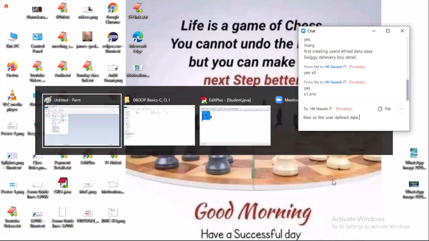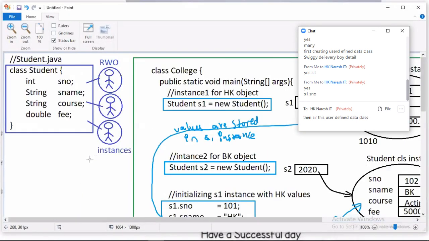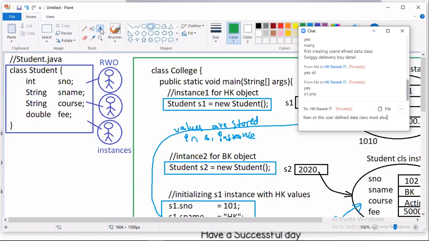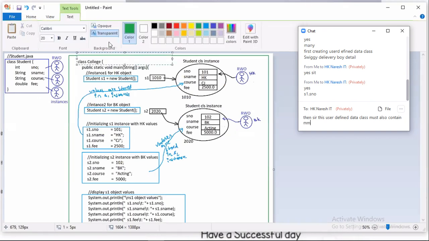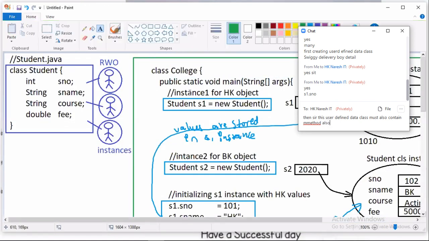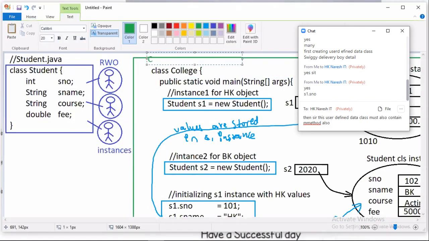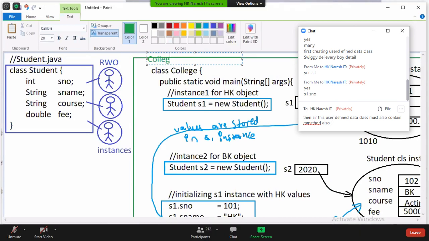After developing this project, what should you do? You should compile and execute. This is available in student.java, and it is saved in, what is the name of this class? College.java.